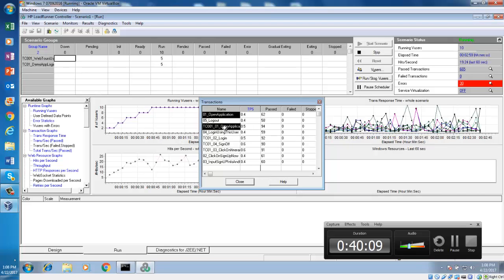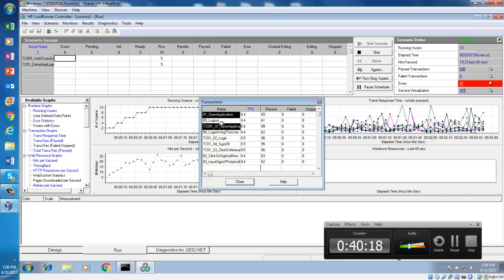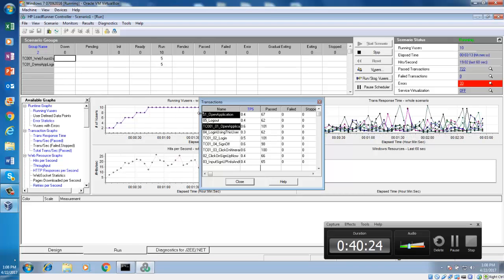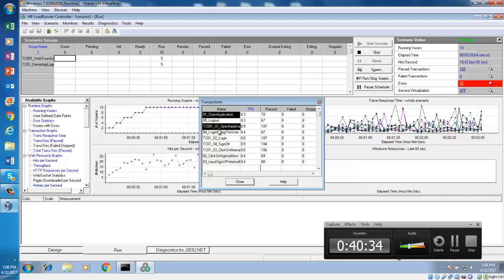Can you tell which open application is from what script? Yeah, because by the name. One is 01. But from which script? Both scripts have TC01. Oh, I see. So what do you do? If you have two test cases, when you are naming the transaction, for the first test case you name it TC0101, TC0102, TC0103, and for the second test case, TC0201, TC0202, TC0203.